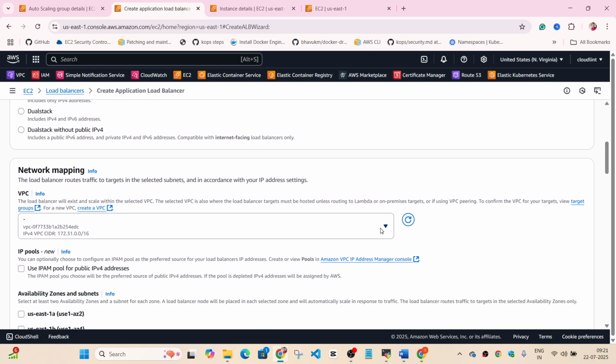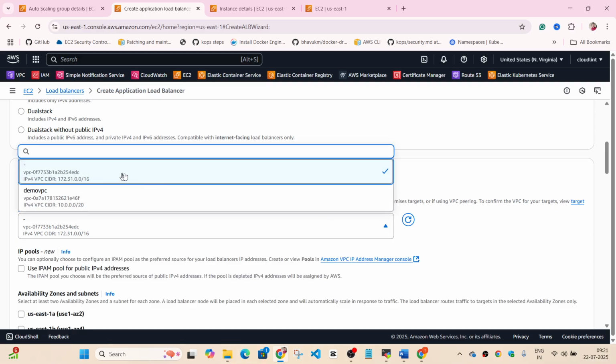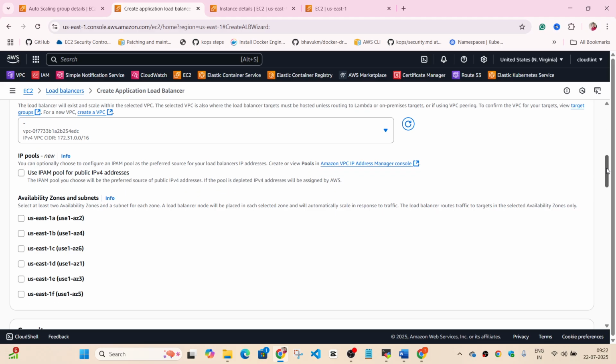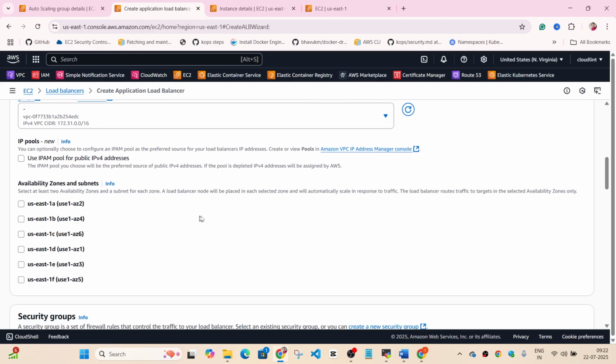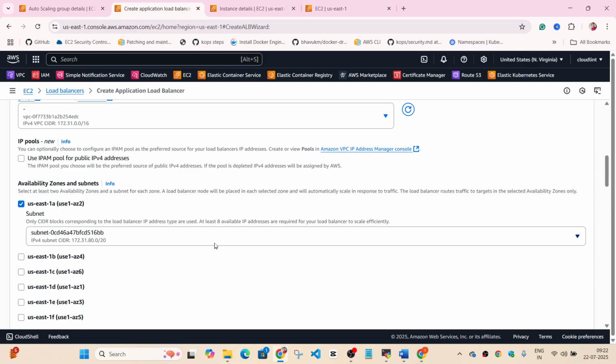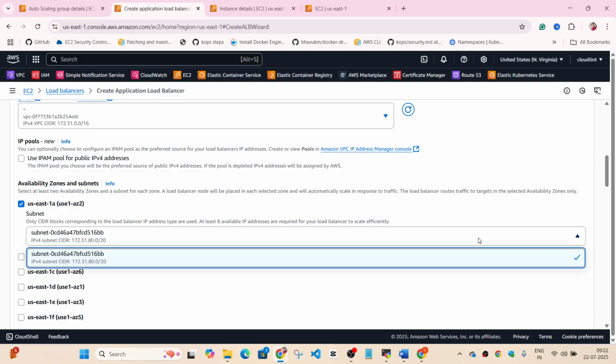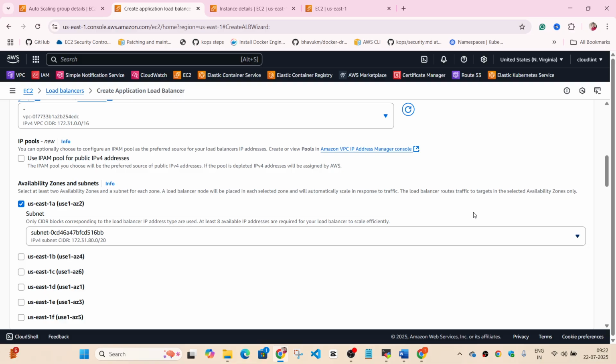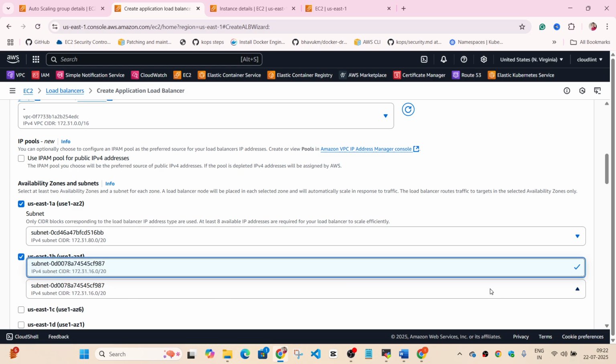Then here you can choose the VPC. I'm going to use the default VPC. This you can leave as it is. And here you get the option to choose which availability zone and subnets you want to use with ALB. So I'm going to use US East 1A and US East 1B availability zone. And in US East 1A in default VPC, I just have one subnet, which is going to be chosen automatically. If you click on the drop-down menu, you won't see another option because this subnet with this VPC has only one subnet, which is public. Okay, similarly for US East 1B, it's going to be the same case.